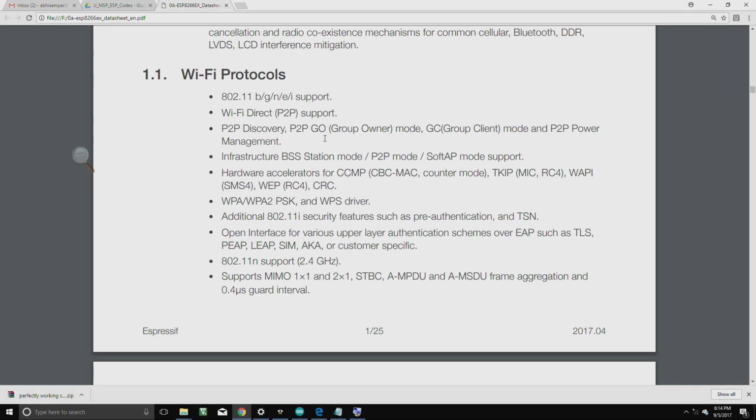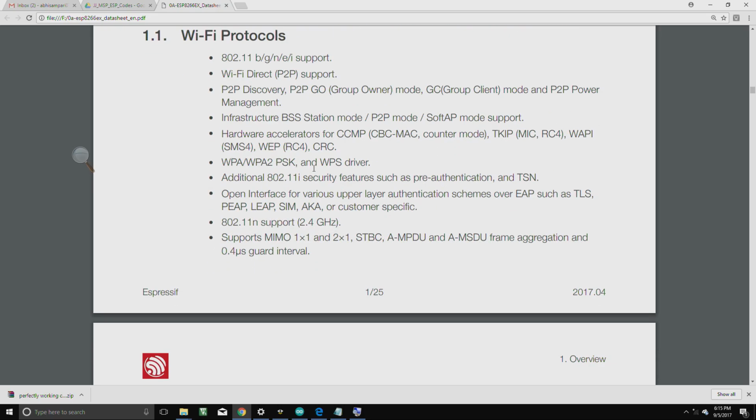You could have it as a group owner or as a group client in this peer to peer mode. It can work in the infrastructure mode, it can be configured as an access point, and it has beautiful security features, CCMP, CBC MAC, TKIP, CRC, all of that,